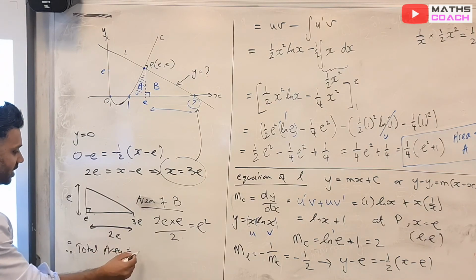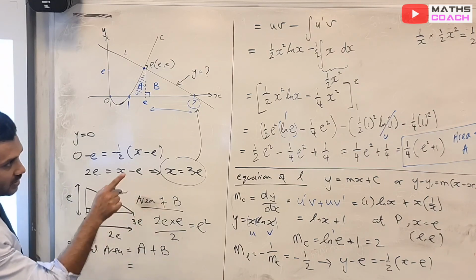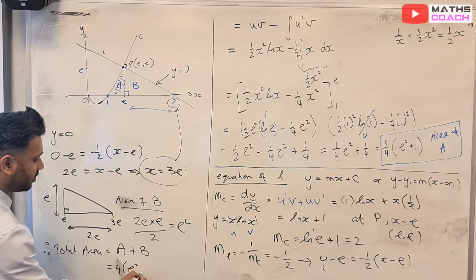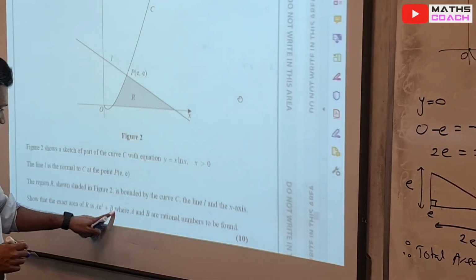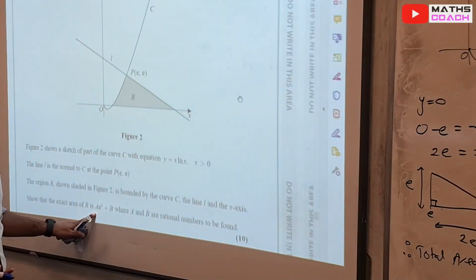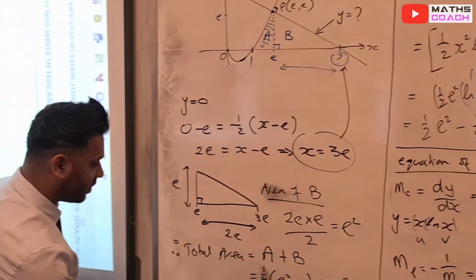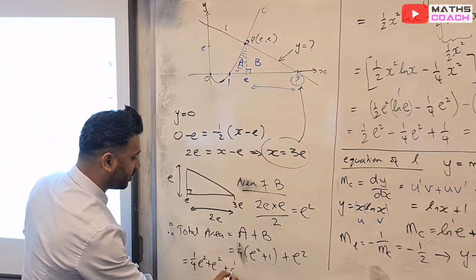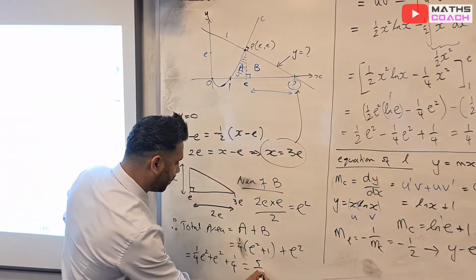Therefore, the total area is obviously going to be the sum of the area of A plus the area of B. And the area of A we worked out as a quarter of e squared plus 1 in a bracket, plus the area of B is e squared. Okay, I just noticed that the area here, in the form we need it as, doesn't have any bracket. So we should just expand the bracket and simplify. So we have a quarter e squared plus e squared plus a quarter, so that gives you 5 over 4 e squared